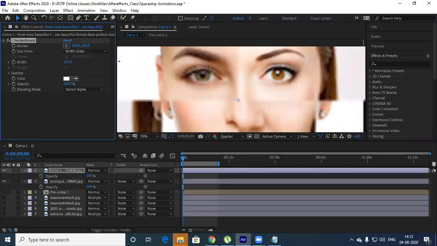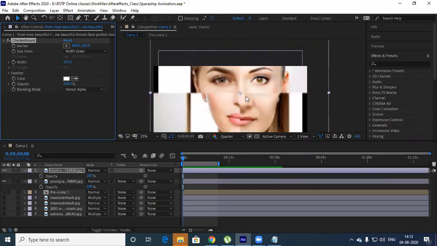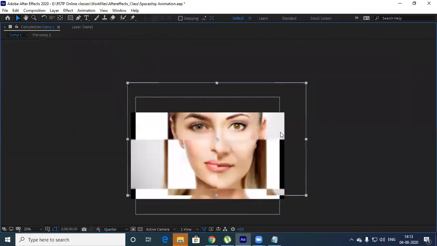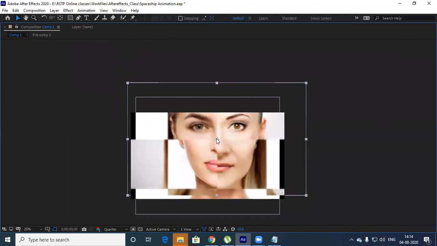Okay, this is fine. This is cool. Now you see this. This is one eye of a different person. This is a different person. See, it's matching. That's how you can create things.